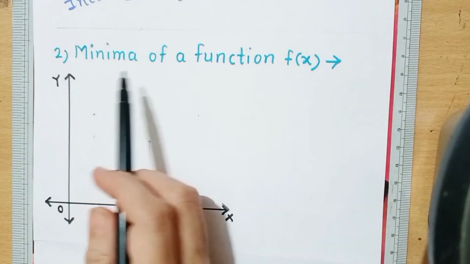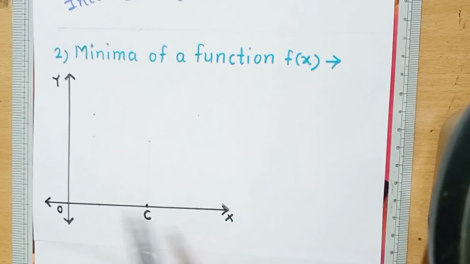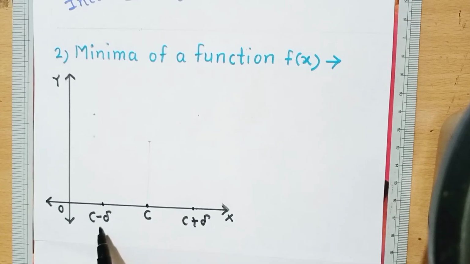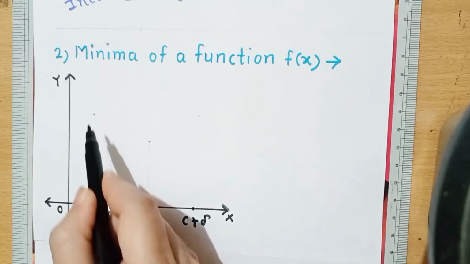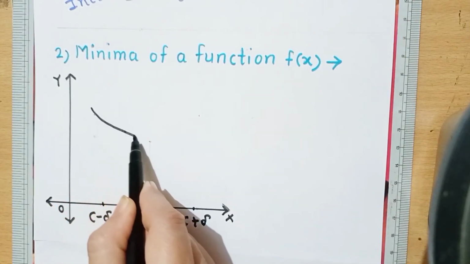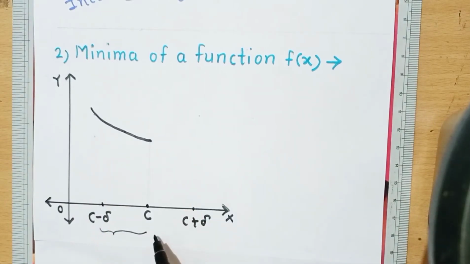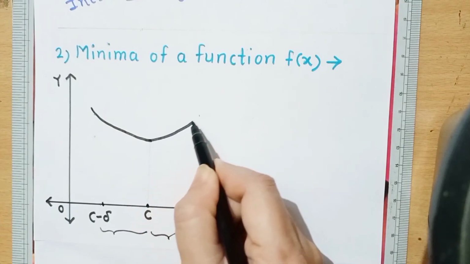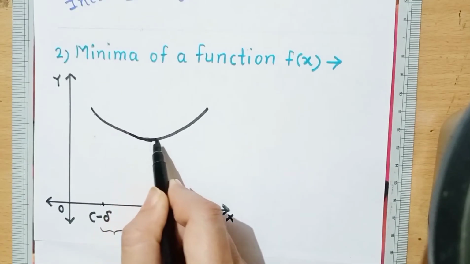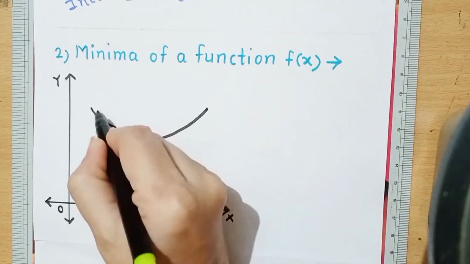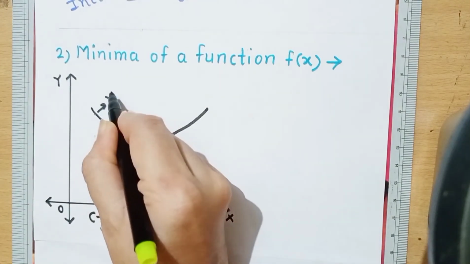Now let's see what is minima of a function. And again this is the xy plane, and again this is the point x is equal to c on the x-axis. Now consider the delta neighborhood, and so this would be c. Now in this interval we will draw the curve which is first decreasing, and in this interval we will draw the curve which is increasing, like this. So this is the y is equal to f(x) curve,